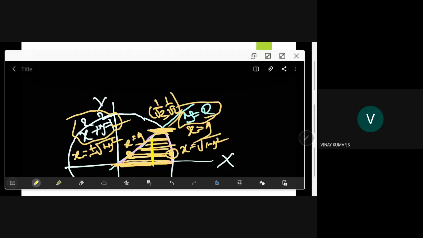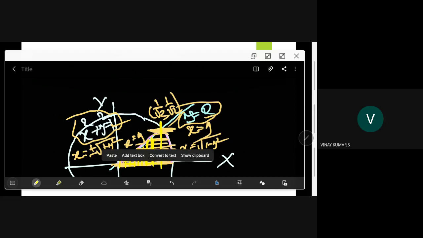What is happening here is that first I will tell you from where you are moving. You want to cover this region. From here you are starting like this, like this, like this. You came till here, okay, fine. Till here, what is happening? The bottom part rests on the x-axis.